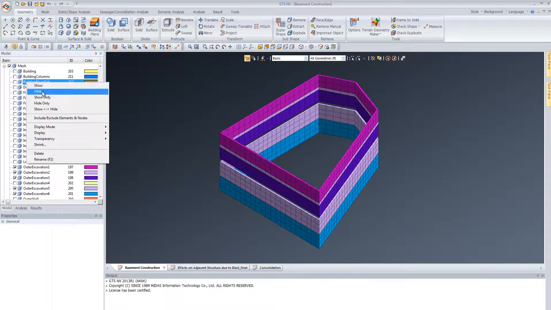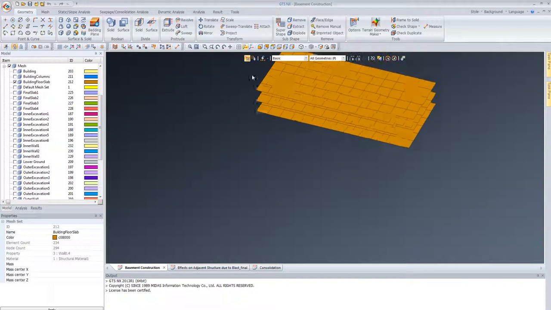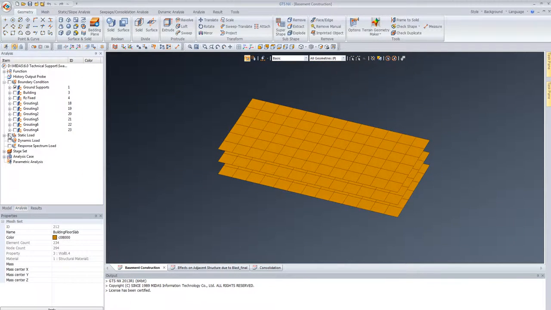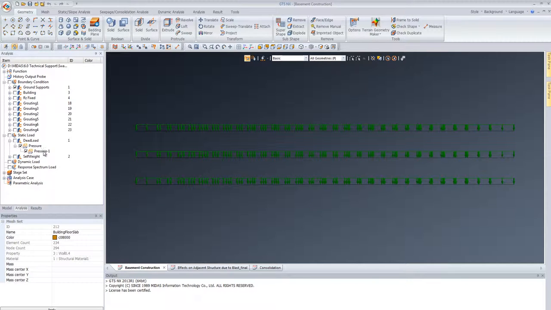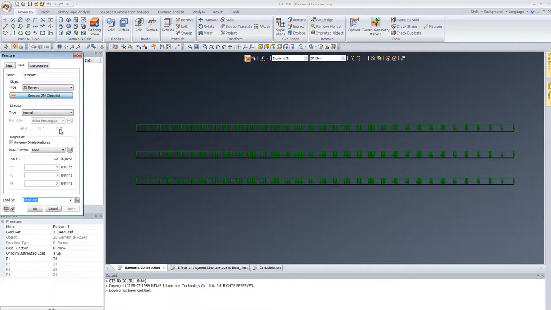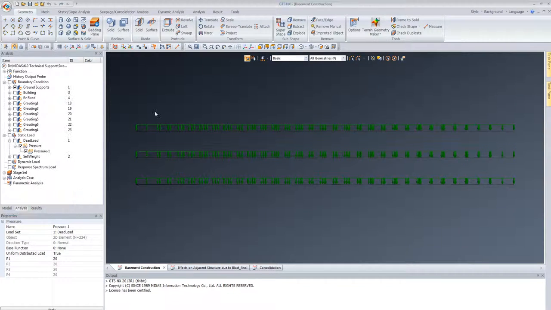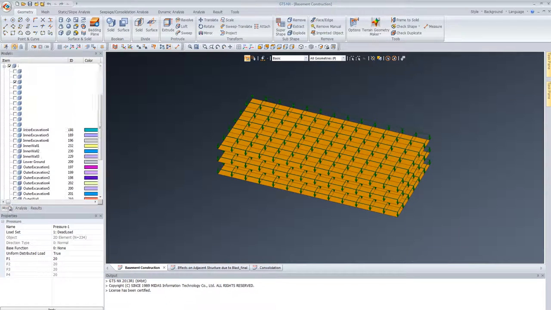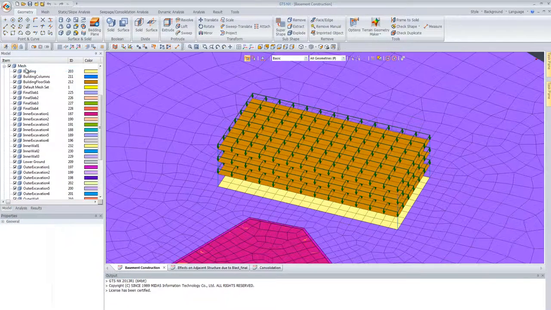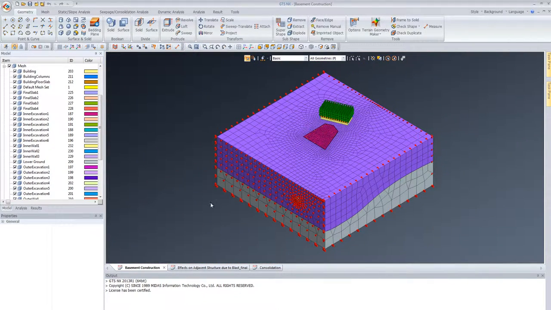I'm just trying to find something. Right, there we go. And those are the floor layers going up through. We also got the pressure loads on each individual floor that we can simulate in the model. We can edit those as well and change the values depending on how many kilonewtons you want to put on there, and it will carry out the analysis depending on the material type. Just to flick on all the meshes again and take you back. There you can see all the loads, and we're just going to take you into model 2 and show